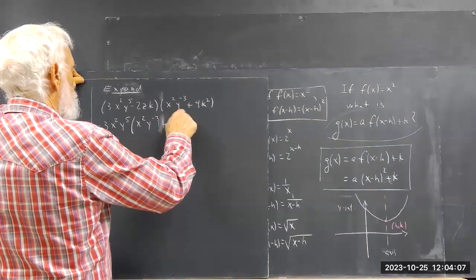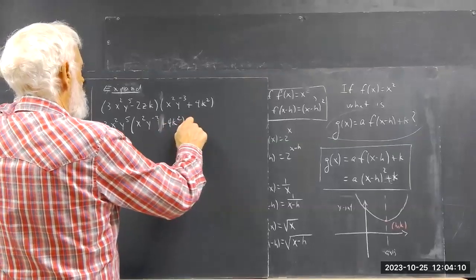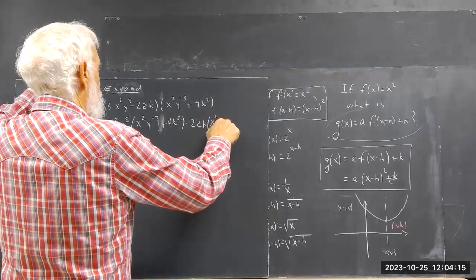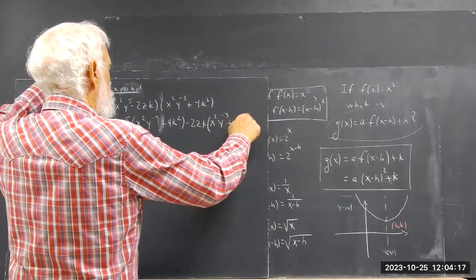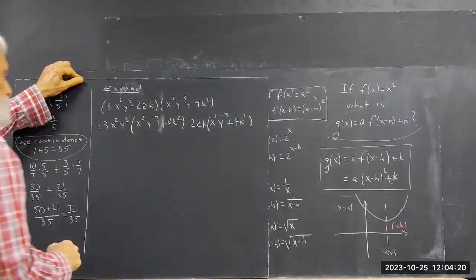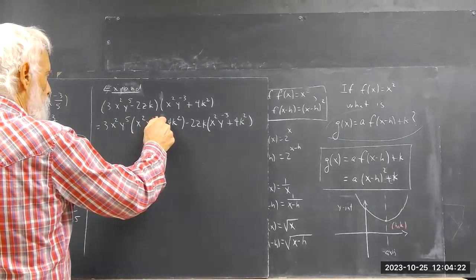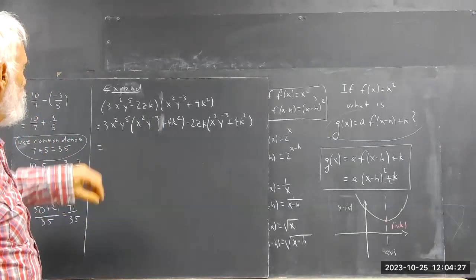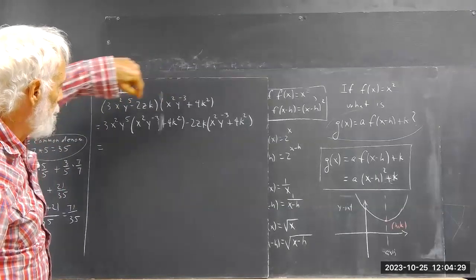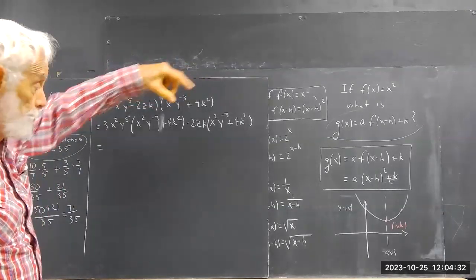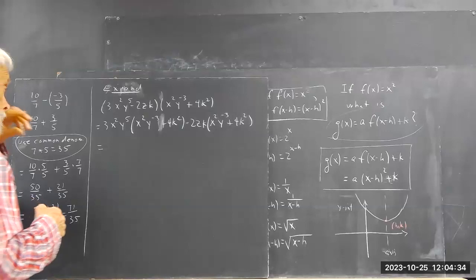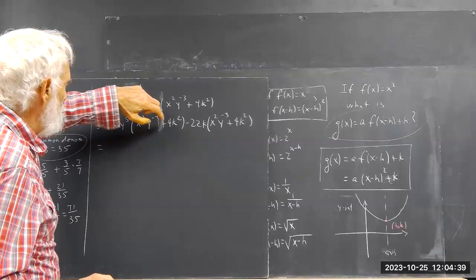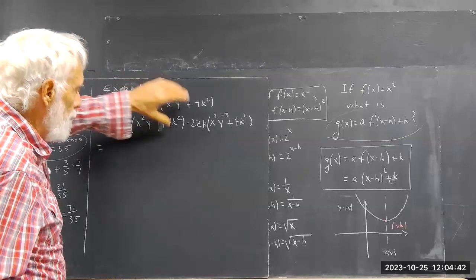plus 4k squared minus 2zk times x squared y to the negative third plus 4k squared. Not writing this particularly well, writing too fast. Okay. In other words, it's this times all this minus this times all this. That's an instance of the distributive law. I use the distributive law once more, multiply this by this, then plus this times this, and so forth over